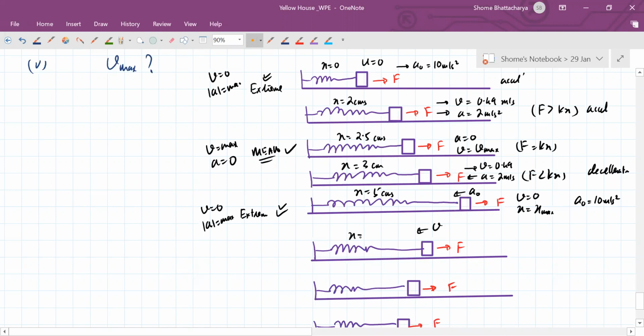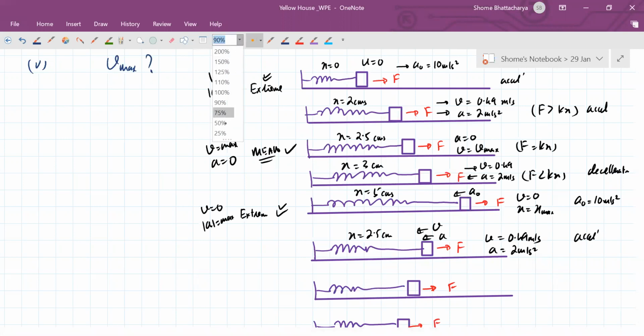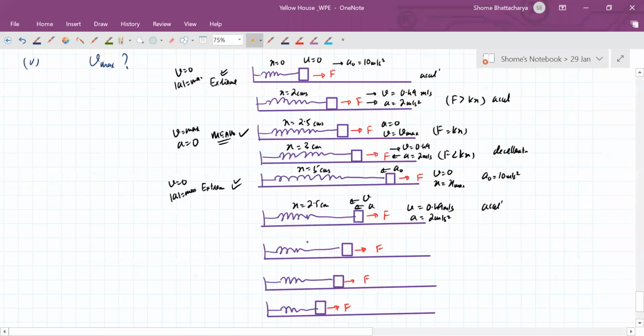So by the time it comes back to x equal to 2.5 centimeters, it will have a v of again 0.49 meters per second and the acceleration of 2 meters per second square. But here to here, it is again accelerated motion because the net force direction and the velocity direction are coinciding. So next picture, by the time we come to,